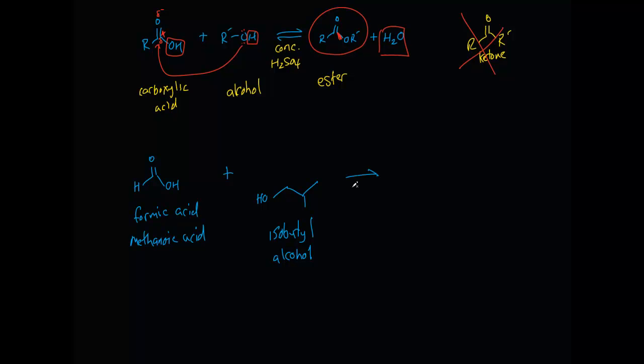And in the presence of an acid catalyst, something like concentrated H2SO4, I'm just going to combine the carboxylic acid with the isobutyl alcohol by removing water, the OH from this carboxylic acid group and the H from this alcohol group, and I'll just connect the dots. Remember that this is your nucleophile. It's going to connect to the electrophilic carbon,